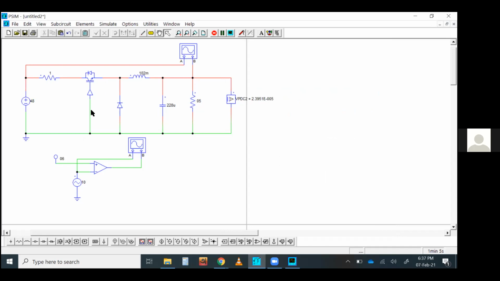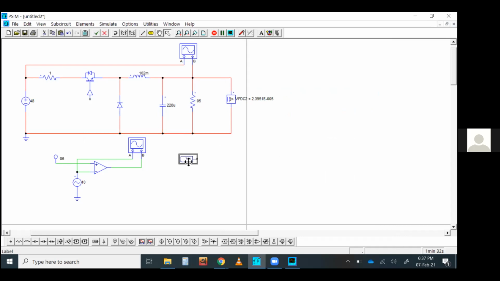Okay, so simply what I can do now, there is another thing available here. You can see from this tab, it's called label. It will be much more convenient to make a complex circuit much more simple. This label is just like two points connecting each other. Say for example, I'm saying VC for V control.